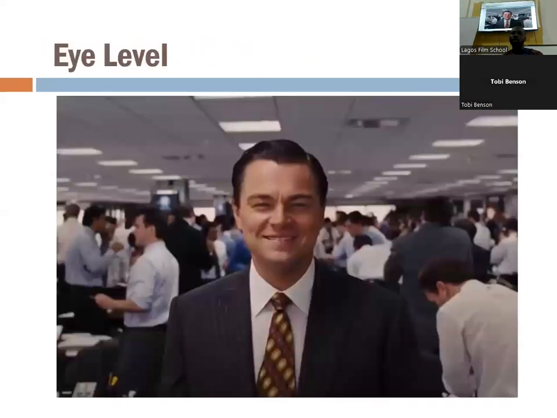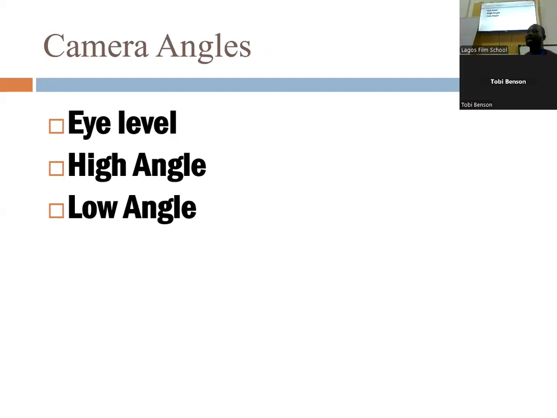All right, let me take us to close up. There are 3 camera heights you can take: high angle, eye level, and low angle. What's the difference? Most film is shot at eye level, where you place the camera roughly at the same height as the eye of your subject. Why? Remember that the camera is the eye of your audience. Your audience sees your film through the lens of the camera.